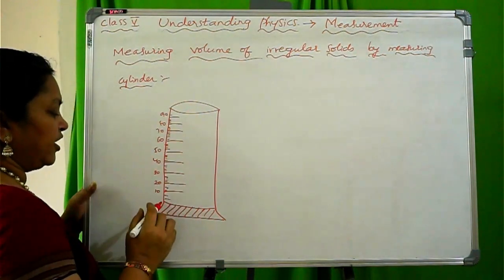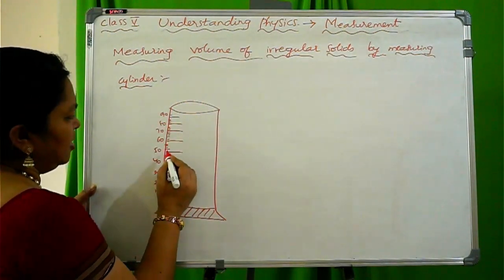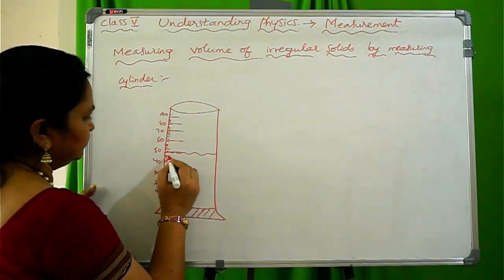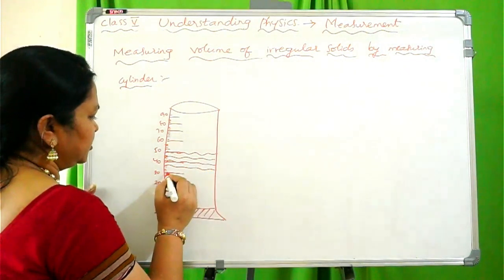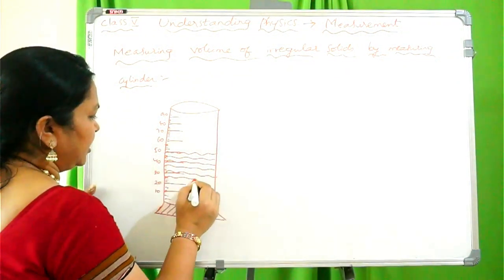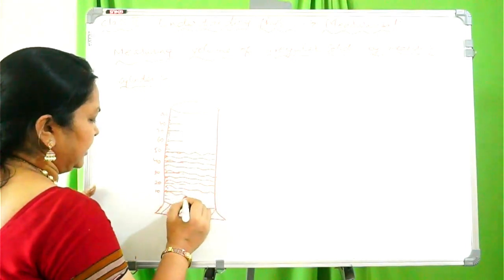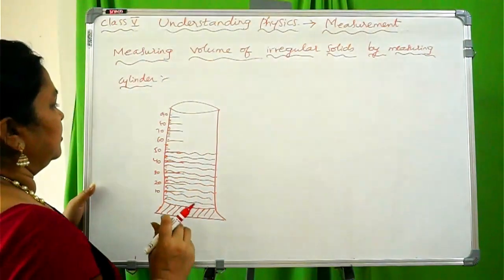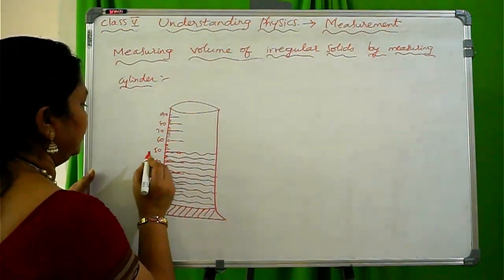Now what I have to do, I am going to take some water in this one. Let us take 50 ml of water. Up to here I took the water. I poured some water and the water level is how much? 50 ml. Whenever we are going to measure liquids, we have to measure them in milliliters. I will explain that one in the next concept. Okay, milliliter.